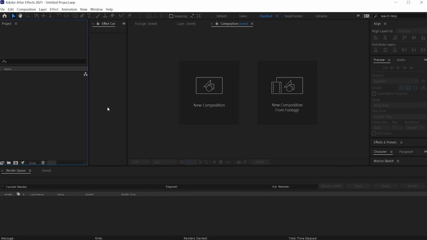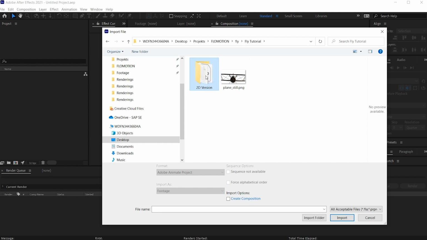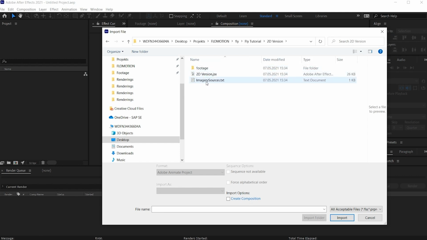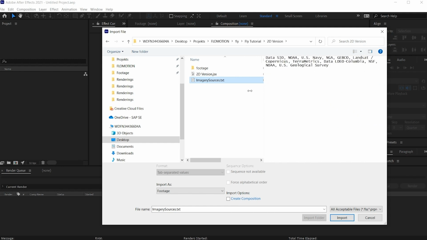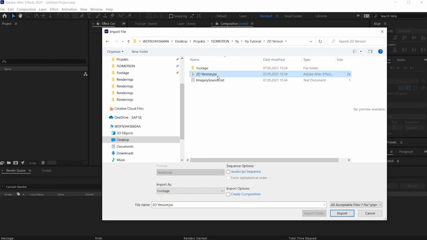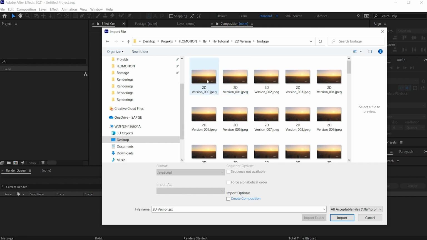And in here, let's directly import our footage that we have created. So simply double click into the project window, and here we now have our 2D version folder, and in it there's the image sources where you can find where the images are actually from. Then there is this script file for After Effects. So remember, you could load that and that would load the scene with a matching camera. But for this project we don't really need that, so let's just go into the footage folder, and there are